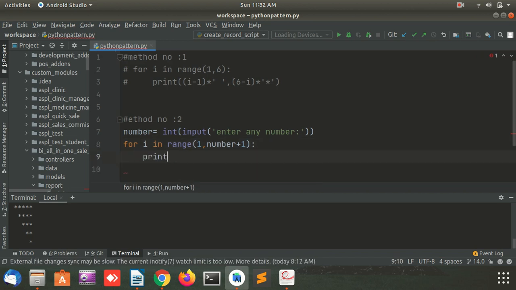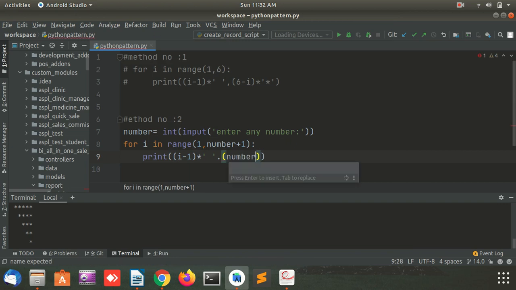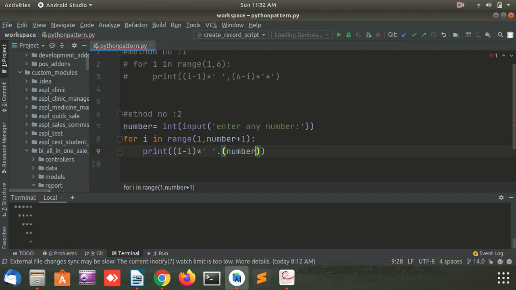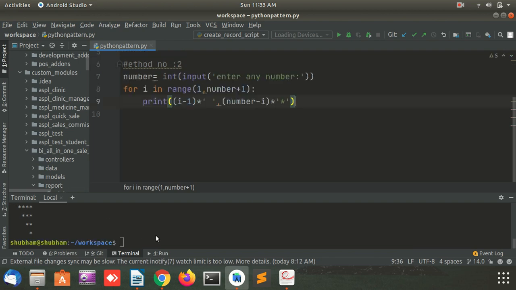print i minus 1 multiply by space, so I need to here, and number, sorry, number minus i multiply by star, and let's check here. Somebody is okay, it's done. And check here,